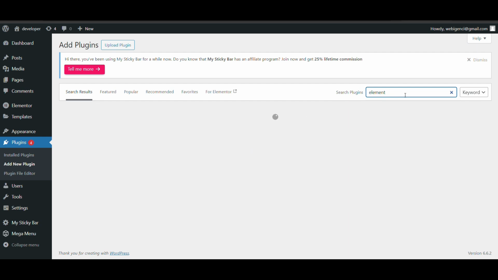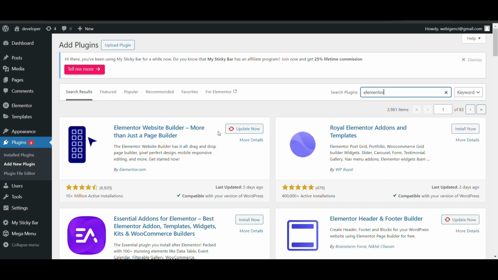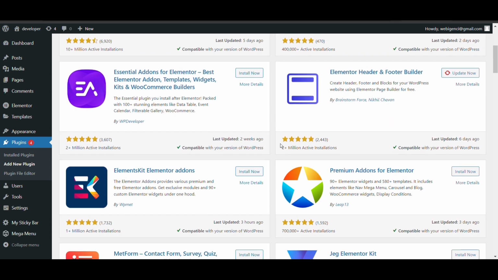So that is Essential Addons for Elementor. That's the plugin name using which you can duplicate it. Okay.